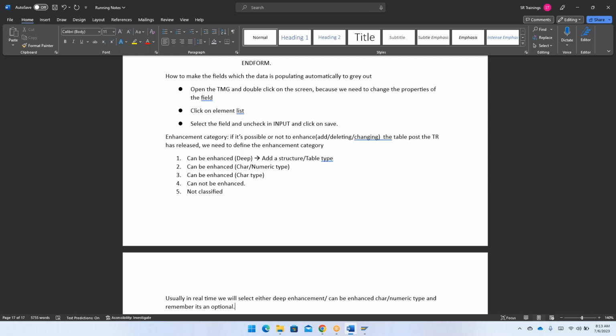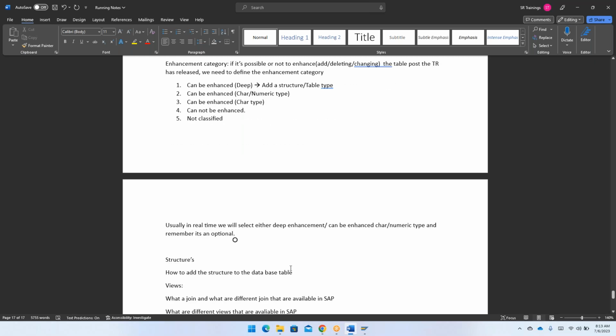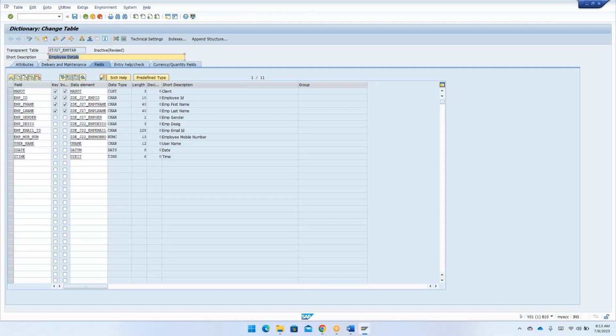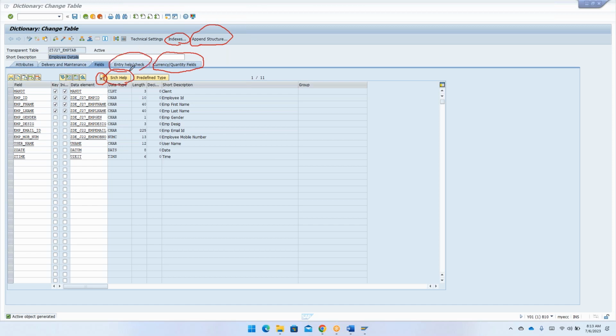This is called your enhancement category. Now the next one, the pending topic over here. If I say this as can be enhanced, and if I click on copy, now when I say activate, you're not getting any pop-up window. There is one more thing called your indexes. So the pending topics are indexes, the append structure, the foreign key relationship, the currency and quantity fields tab, and your search help or entry/help check. So these are the fields that are pending over here